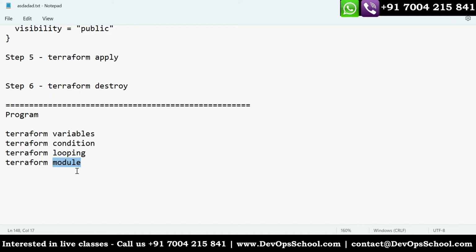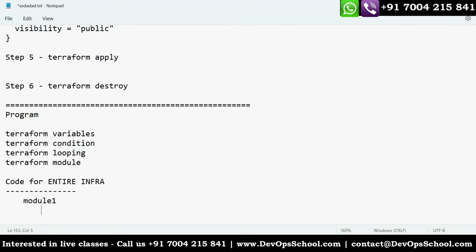No. Module, basically you can consider it like a method, something like that, some correlation. I'm not 100% correct, but something like a correlation. For example, code for the entire infra, you convert into multiple modules.